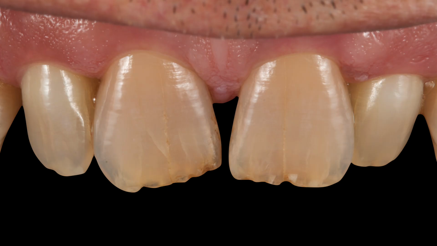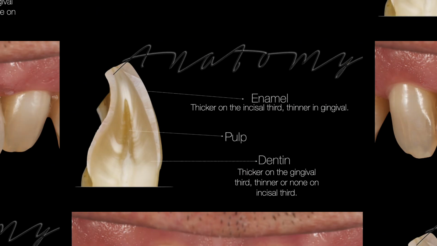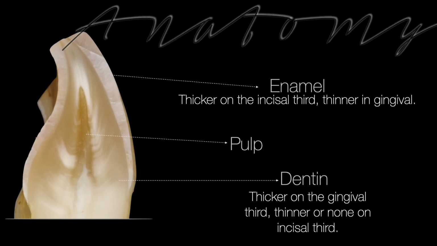And what we need is color. What we need is a material that can match the color of the surfaces. So that's why we have to work with materials that can give us the properties in terms of color of the enamel and the dentin. Since we want to reproduce the tooth tissue, let's have this clear. We have three tissues in our crown. On the external layer we have the enamel, which is clearly thicker on the incisal edge, and it gets thinner as it gets to the gingival third.